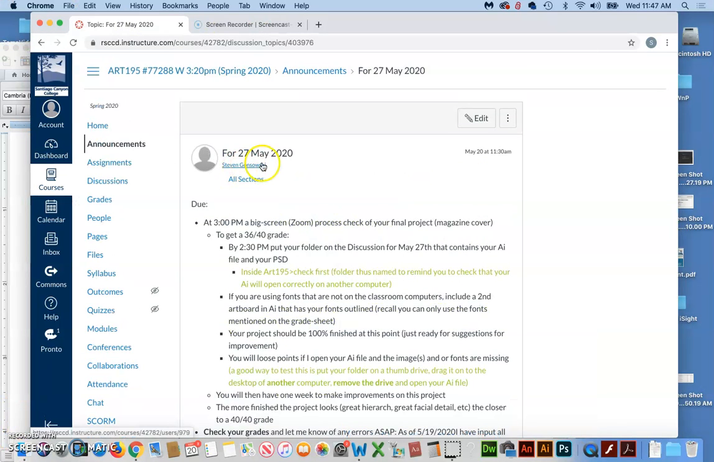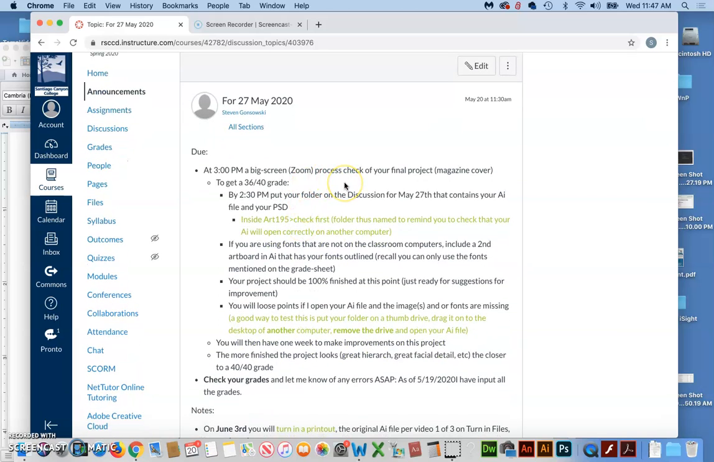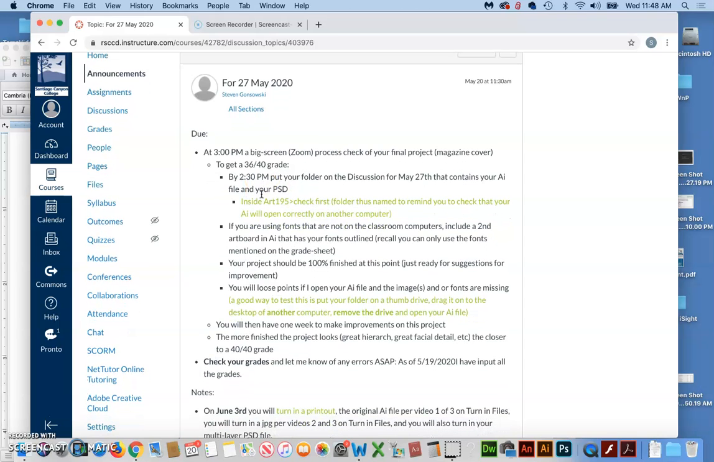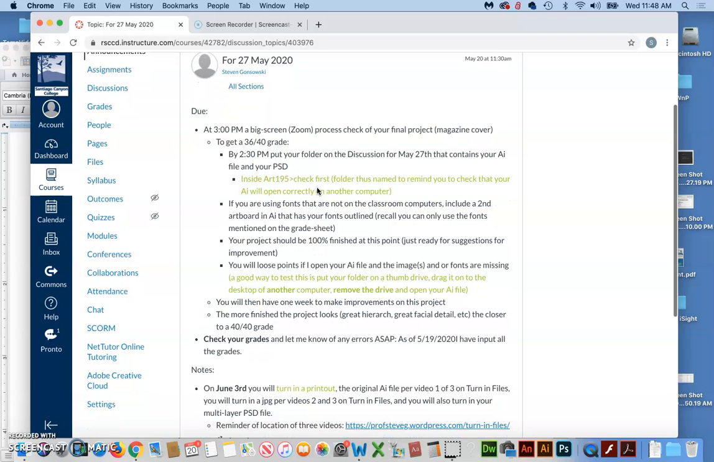So due on May 27th at 3 p.m. we will have a Zoom process check of your final project, the magazine cover. It should look 100% finished. The idea here is that you show us 1 week before it's actually due for a graded process check, so that you can get feedback from the class and from myself as to what could make it better for the following week. So to get the 36 out of 40 grade,